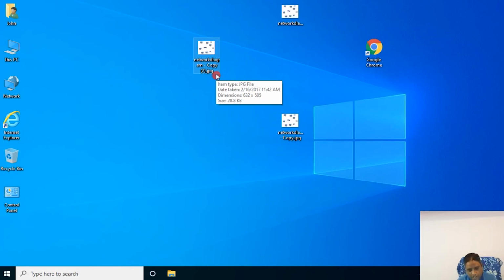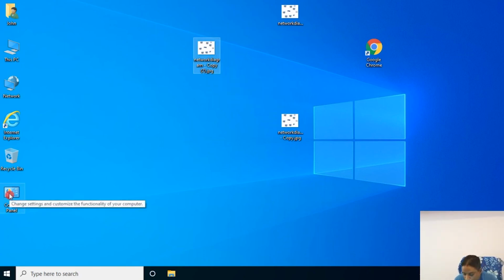Understood, students? And secondly, say suppose I don't want to recycle, I want to throw it out, straight away out, permanently out, so that nobody knows what I have deleted. So you have to use the shift key on the keyboard, shift plus delete. So it bypasses the recycle bin. It directly goes out of the recycle bin. You cannot recover it.